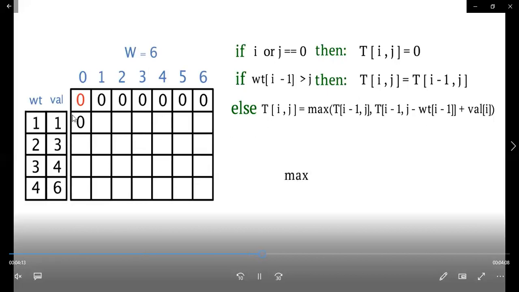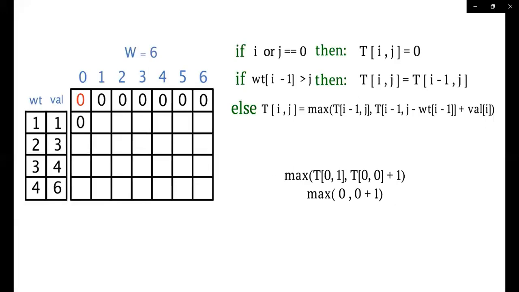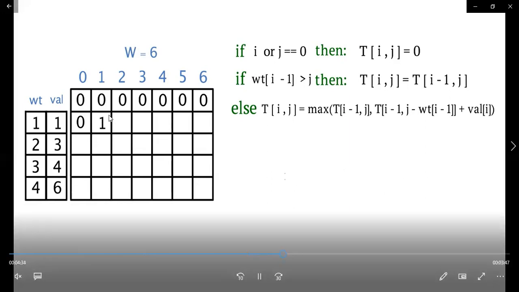0 comma 0 is 0. So maximum of t of 0 comma 1 and t of 0 comma 0 plus 1. So what is that? The maximum among 0 and 0 plus 1 is nothing but 1. So your 1 comma 1 is filled with 1. Okay. Next,